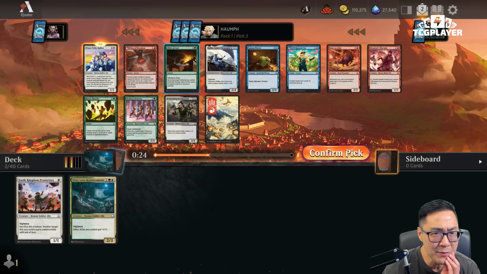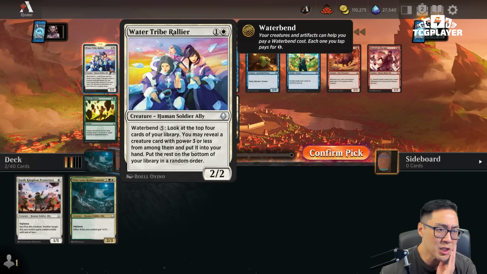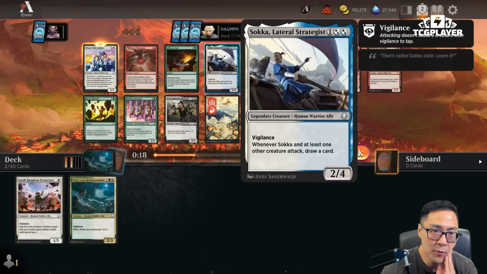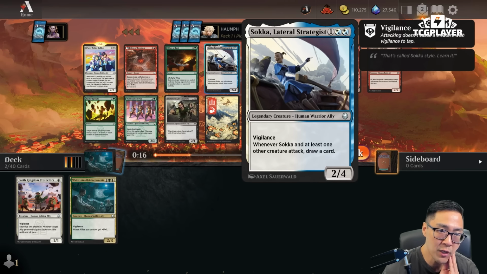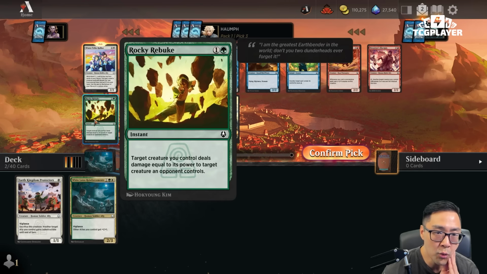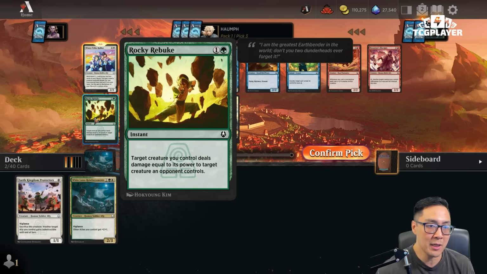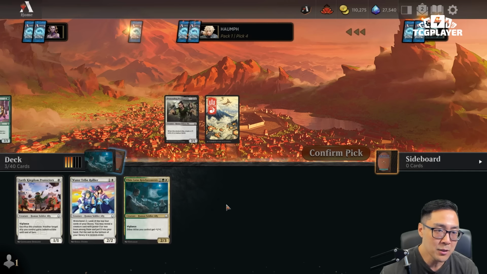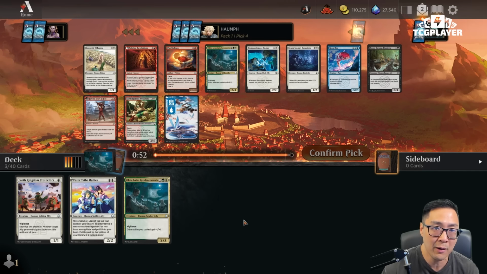You know what? Is this even the pick? No, I feel like this is less replaceable. But I think Allies at Last is great. Really good removal spell. Sokka, Lateral Strategist, if you're blue-white, also very good. And then at common, Rocky Rebuke would have been a consideration just because it's a really good interactive spell. But I think I've played with this card. I've been very impressed by it. So let's take the Water Tribe Rallier here and see where...